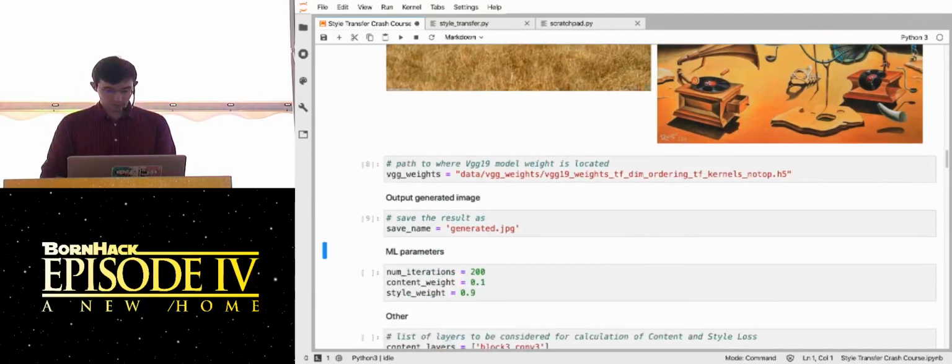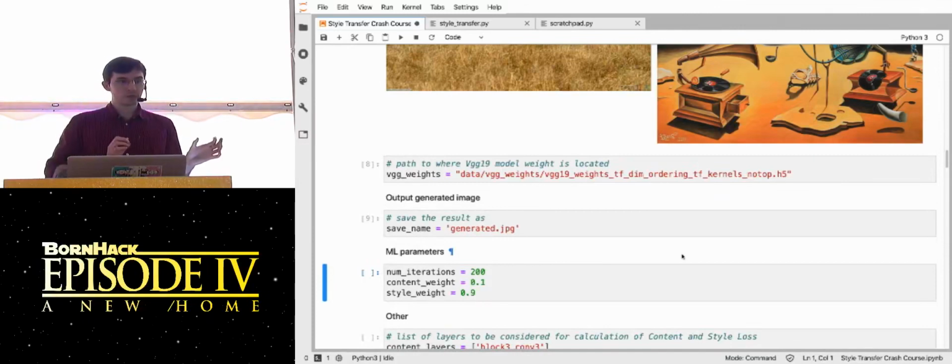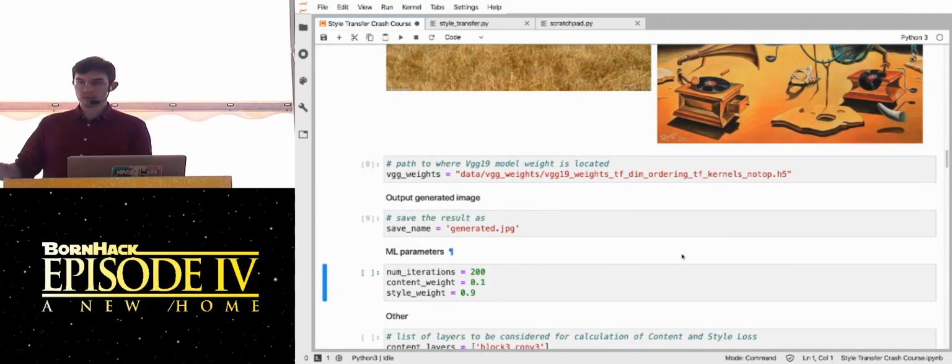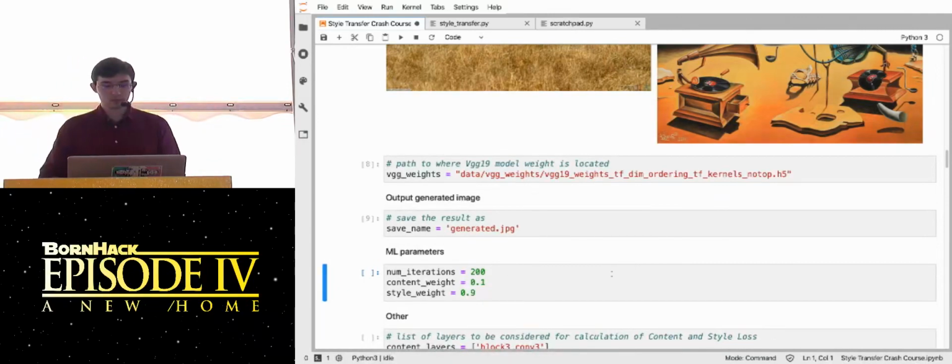We're going to be generating an image. Here are some parameters for learning. Often in practice, when you do machine learning, you have to fiddle with certain parameters for learning, such as how many times I want it to mull over the data. In our context also, how much do we care about the contents of the image, and how much do we care about the style of the image. You can probably figure out that these are going to be multiplied by different types of losses in a moment.